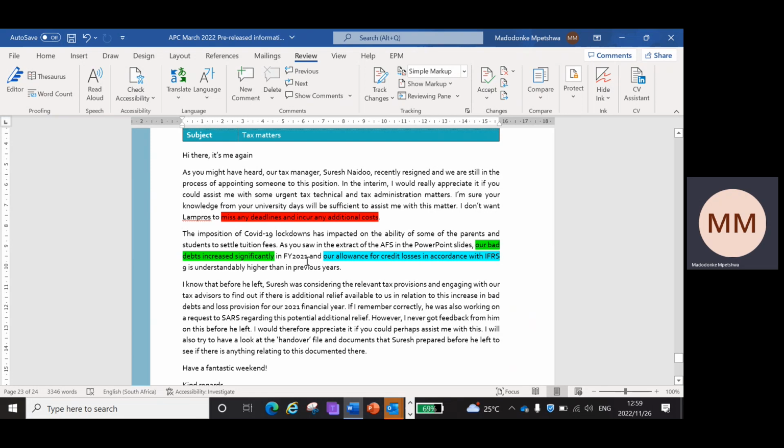So as part of our research, we then need to think and say, okay, fine, we've got bad debts. What are the implications of bad debts on our books? So now we need to go out there and say, okay, we've got bad debts, which is an expense. And from a tax perspective, what is then allowed to be deducted as a bad debt? That's what we need to go and reflect on. That's what we need to go and research so that we become comfortable in terms of what an increase in bad debts means from a tax perspective, and of course from an accounting perspective, because we're also looking at preparation of financial statements. Okay, what is it that we need to have on hand in order for us to satisfy